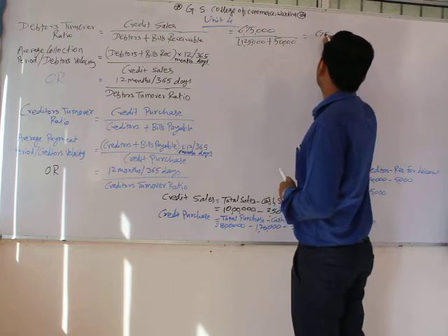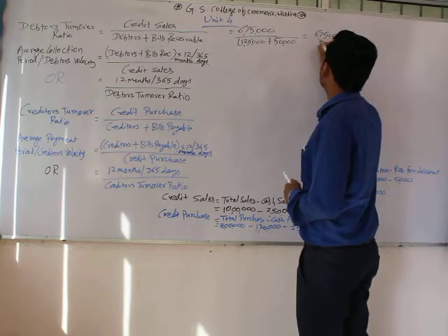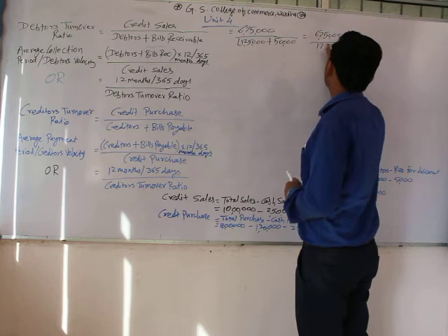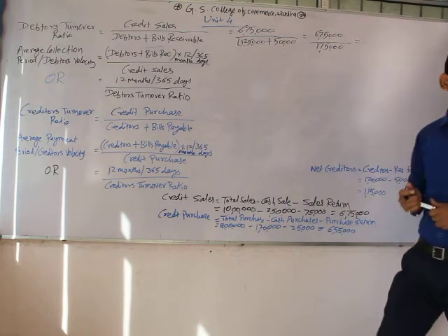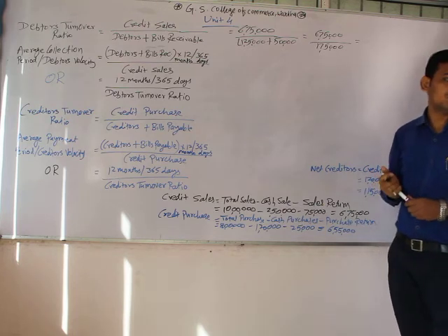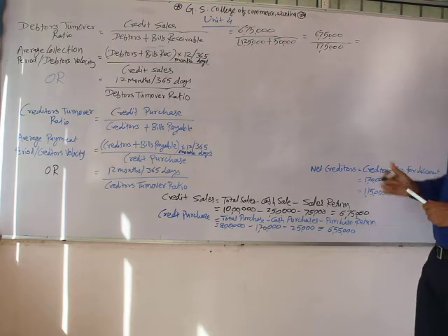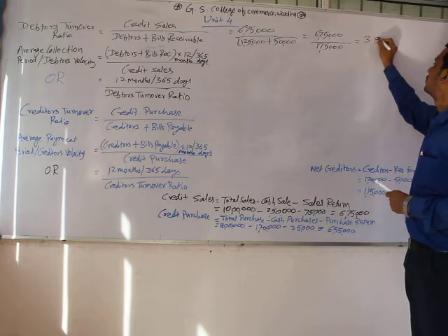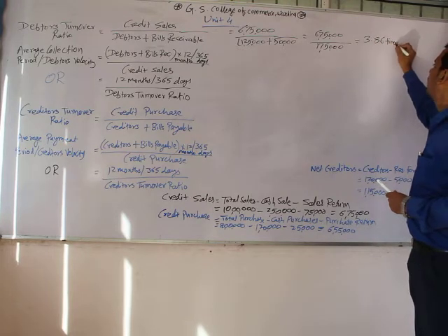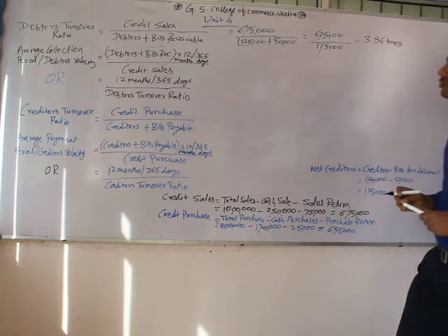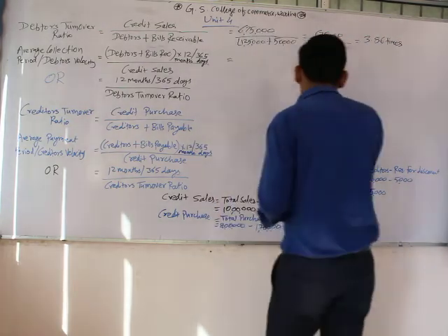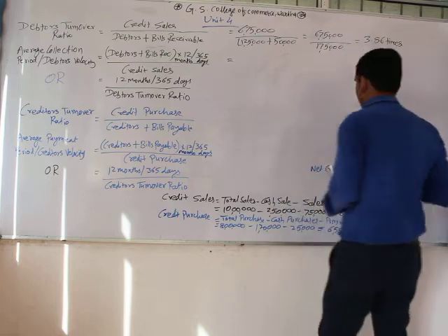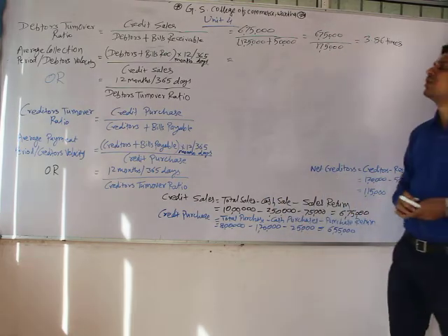That is 6,75,000 divided by 1,75,000, which is equal to 3.86 times. Now moving to the second one, that is average collection period or debtors velocity, which is equal to debtors plus